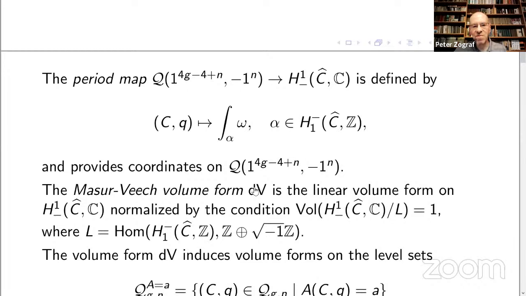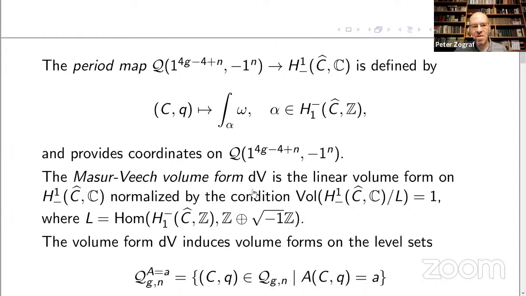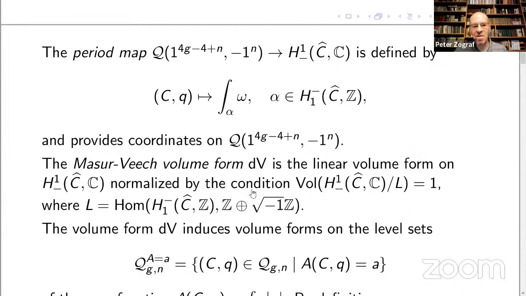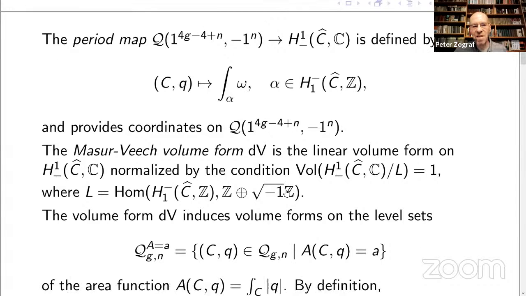The Masur-Veech volume form dV is the linear volume form on the cohomology group H1 minus, or the odd subspace in the cohomology with complex coefficients of C hat. And it is normalized by the condition that the volume of the torus H1 minus over L is 1, where L is a lattice